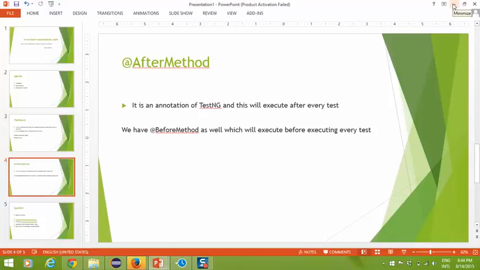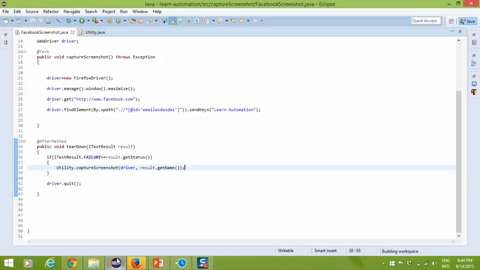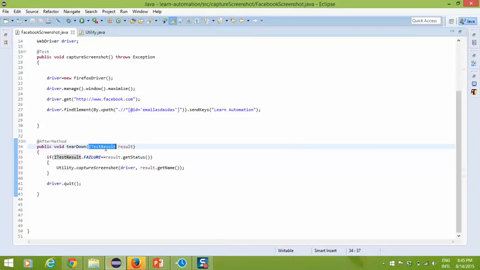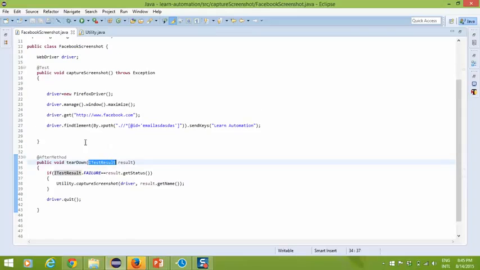Plus, if you are preparing for interview, then please try the same code from your end because it will help you a lot while giving answers so that you can relate easily. There's so many different methods available inside this result. So I will request you please explore all this method. It will give you the brief intro about how this ITestResult works and what all information you can expect from this interface. Okay.